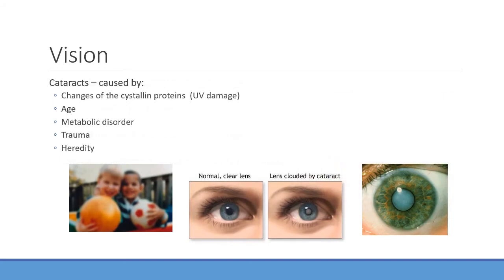Okay. There's also what we call cataracts. These typically are usually caused by UV damage over time, but you have these kinds of changes in some of the crystalline proteins, especially around the cornea there. It typically happens more with age and certain metabolic conditions. You can see this hereditarily. Some people are more likely to get it based on their genetic lineage. Trauma can do this as well, and sometimes they have to have surgery come in and remove those in order to allow for light to cross effectively to get back to the retina.